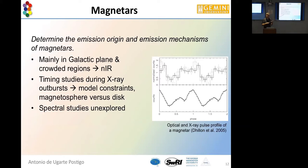So we can obtain very high time resolution observations folded together with the periodicity that we see in the X-rays, and observe it simultaneously in many bands, which is not so easy to do. And we expect to be able to do spectral studies that have basically almost never been done on this